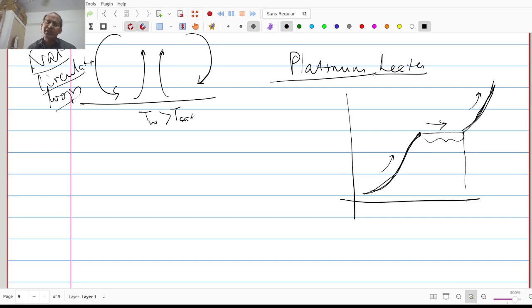So he said, okay, let me try to cool it. When he tried to cool it, he was able to get below this point, all the way up to Leidenfrost temperature. Okay, up to here he came, and at Leidenfrost temperature the entire film boiling collapsed, and he suddenly jumped to this point and started coming down from here. Okay, so Nukiyama,